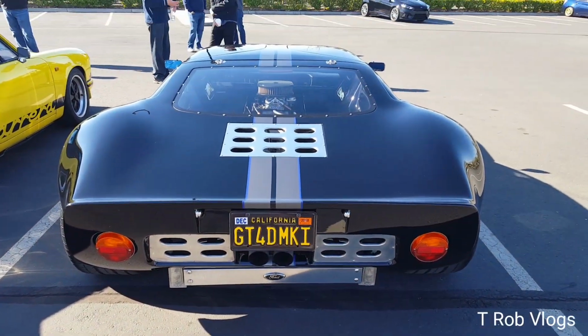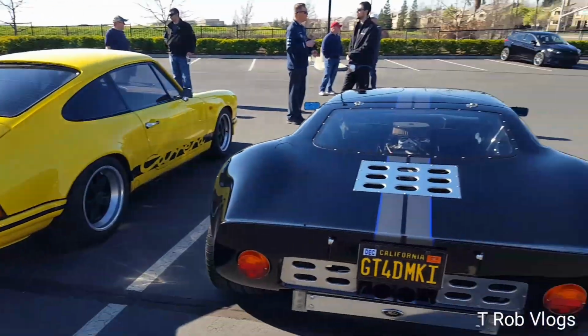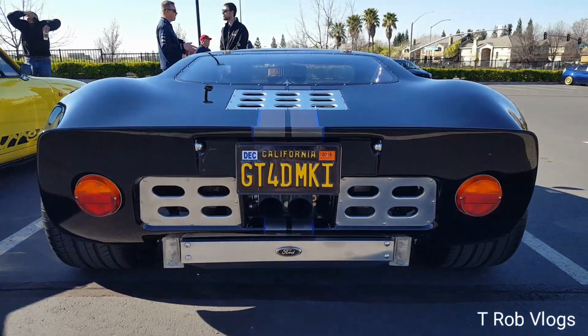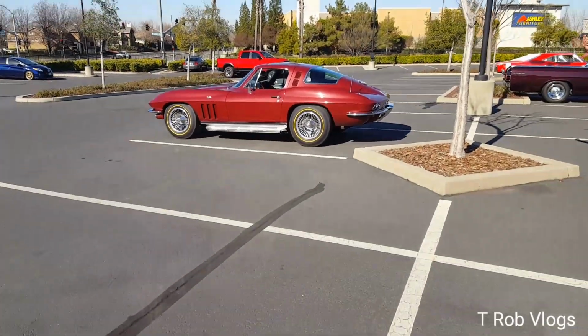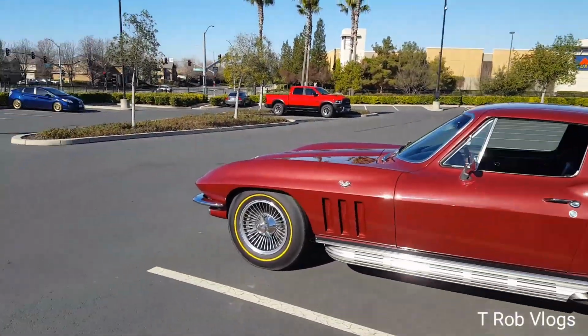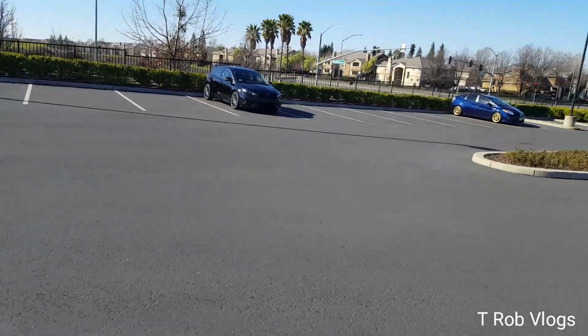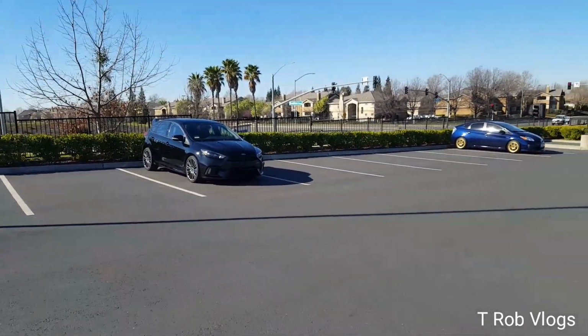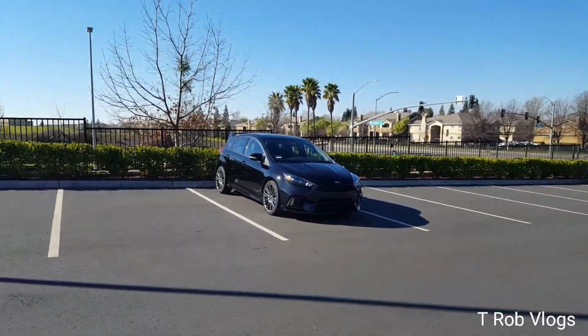Oh, look at that. That's a really cool picture. Just like that. Or like that. That's awesome. Really old Corvette. That's awesome. Let's go check out the RS. That's a good picture as well. I got my friend NorCal over there. I'll go talk to him in a minute, but